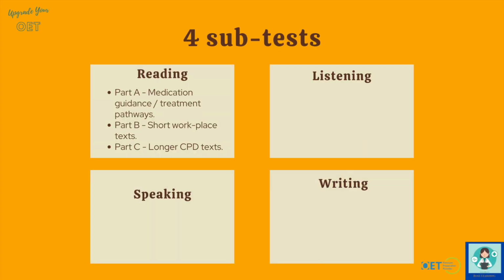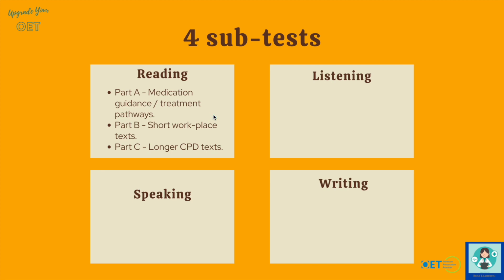The test itself is divided into 4 subtests. The first one is the reading, which is split into 3. Part A is quick skimming and scanning. It focuses on medication guidance, treatment pathways, and it's the kind of thing you would read with a patient in front of you, and perhaps you just want to double check dosage or a particular indication of a drug